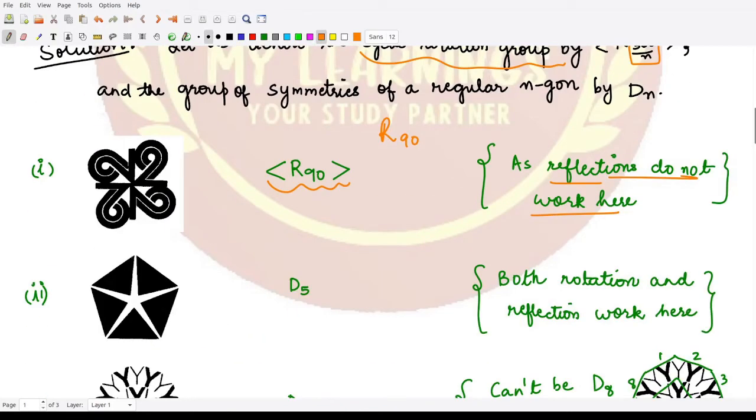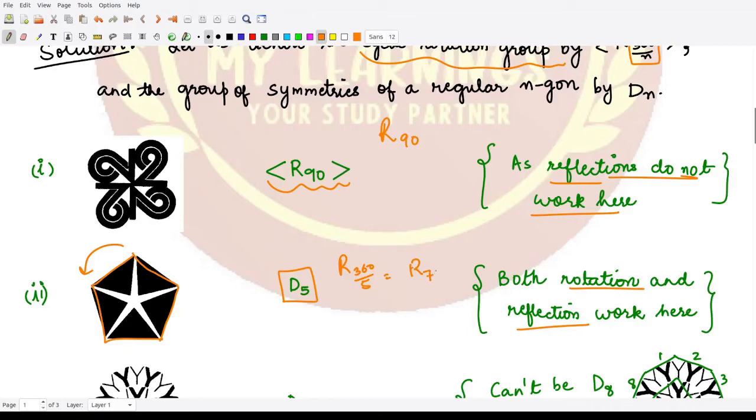Here you see we can resemble this design by a simple pentagon, correct? So you know a simple pentagon has a dihedral symmetry of order 10, D5, correct? Here both the rotations as well as reflection work. We can rotate by R 360 divided by 5. How much is that? It is